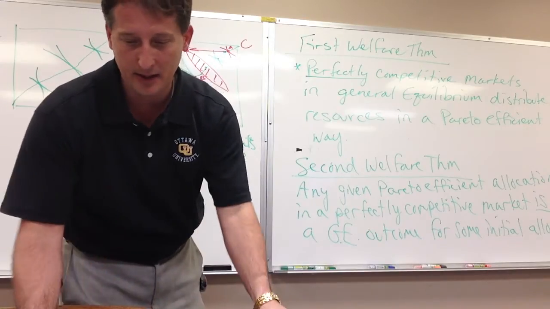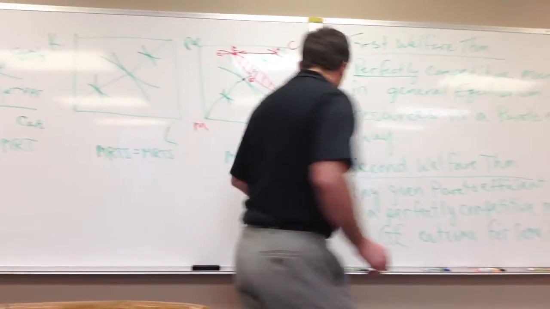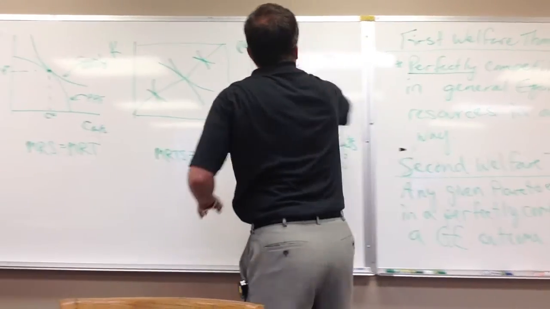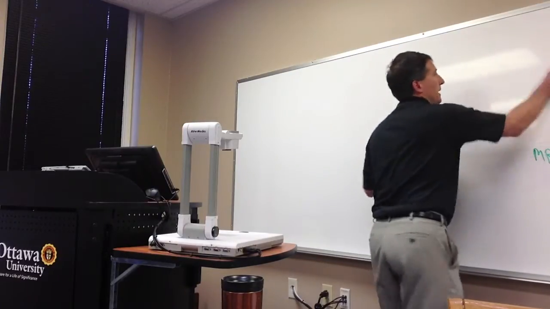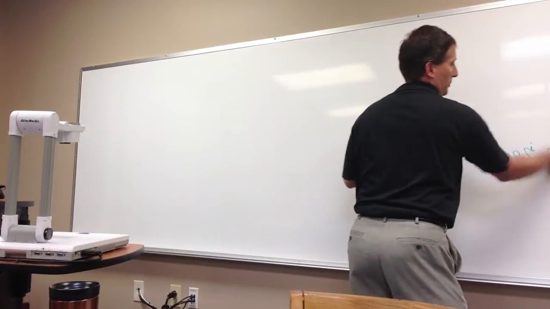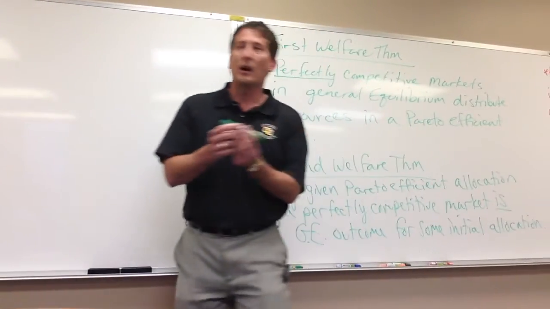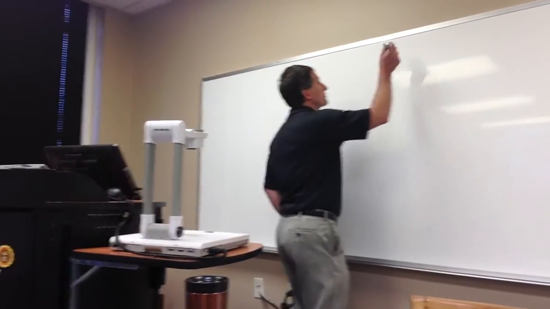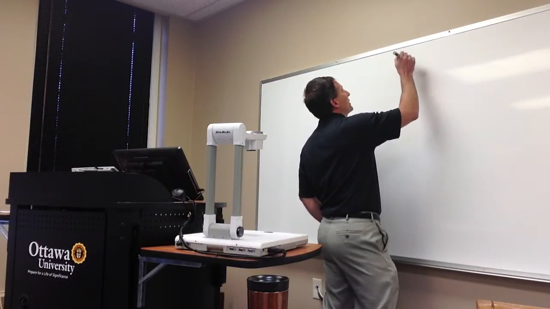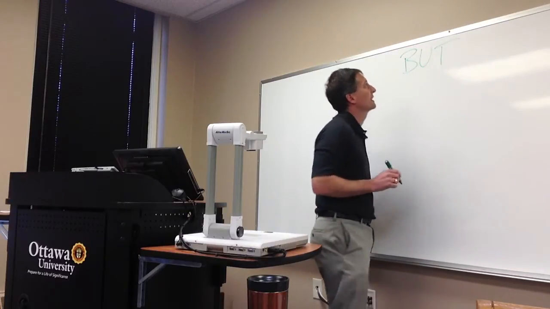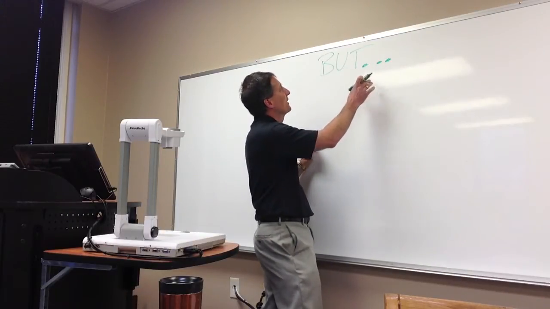All right, so that's a pretty good segue into chapter 15. In chapter 15, we start to look at asymmetric information. And we start to pick apart why markets fail. And I want to start by listing reasons why markets fail. Because we're coming right off the first welfare theorem, we could even start this off with a big but. I like these buts here. I like big butts, and I don't know why. So, but